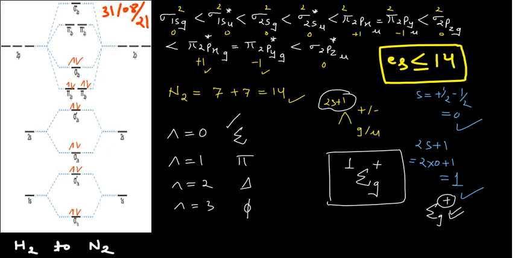I hope this example is quite clear to you and there is no problem in understanding this. Okay, so this is how you can calculate. This is the stepwise mechanism. So now if this is clear to you, then I am going to discuss another molecule, or say ion. What I can do now is discuss N2 positive. Before going into N2 positive, I have to remove all the things which I have written here.